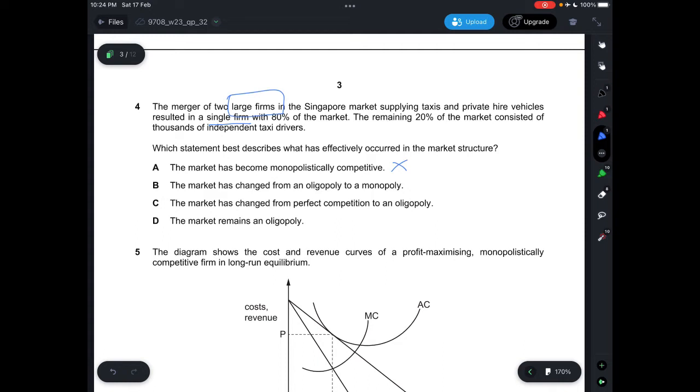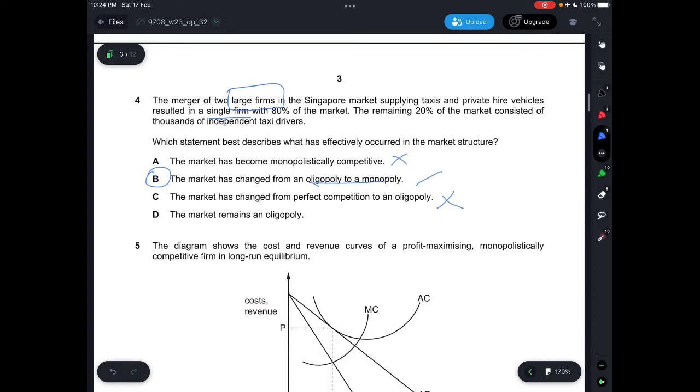But then you can see here it just says supplying taxis and private hire vehicles, which is basically the same thing. B says the market has changed from an oligopoly to a monopoly, which is correct. C says the market has changed from perfect competition to an oligopoly, which is incorrect because we already mentioned a merger of two large firms, so it's not perfect competition anymore. And D says the market remains an oligopoly, which is incorrect because there's already one single firm with 80% of